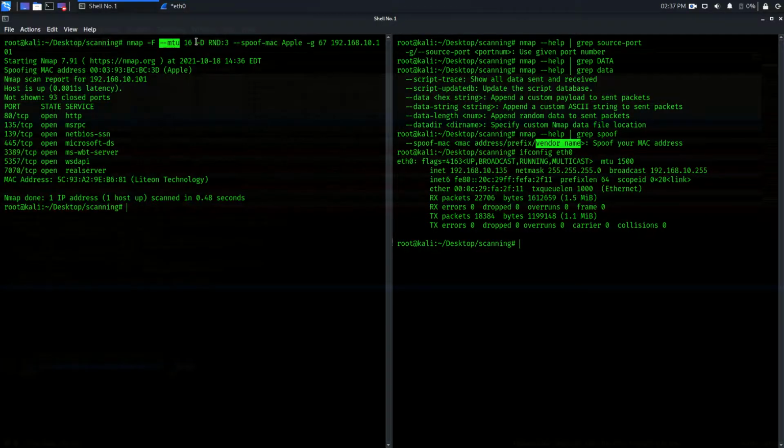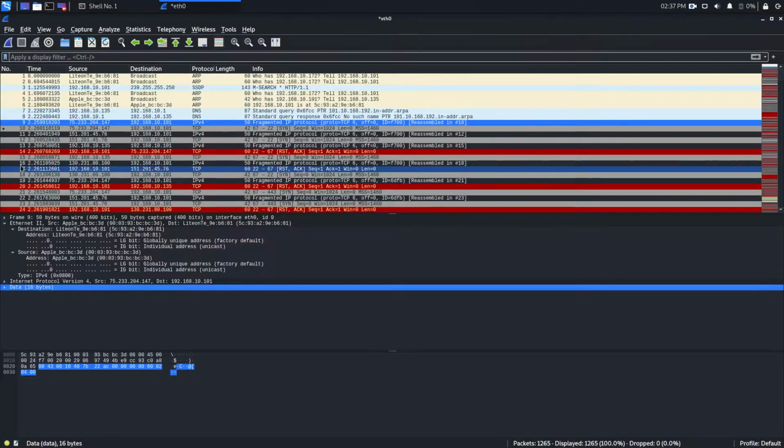Another we use is the decoy method with 3 random IP addresses. As you can see, this is the first random IP address, this is the second, and this is the third, and again it will follow the same sequence.